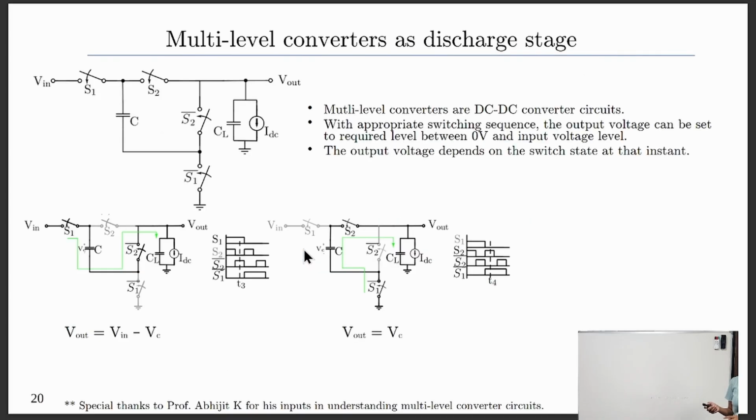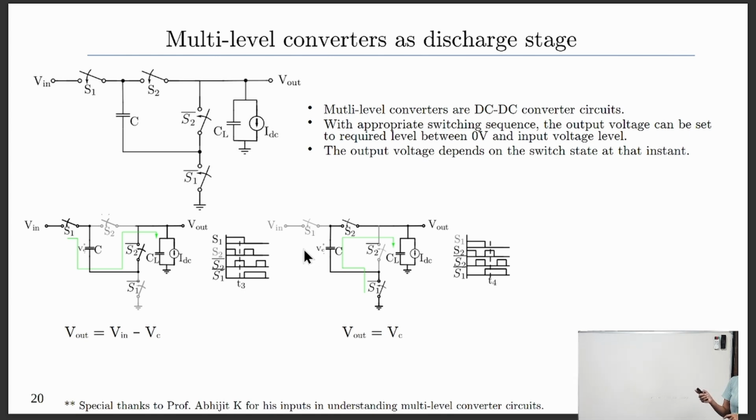Let's say both switches S1 and S2 are on, then Vin is equal to Vout. And if both are off, then the switches which are given by signals S1 bar and S2 bar will be on, and there is a discharge path for the output, and the output is equal to 0. So if we set a proper switching sequence,